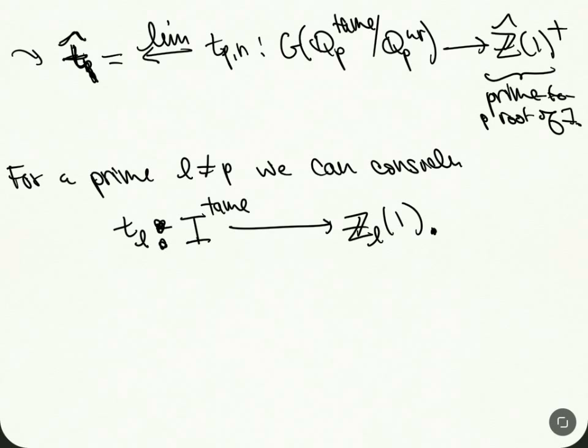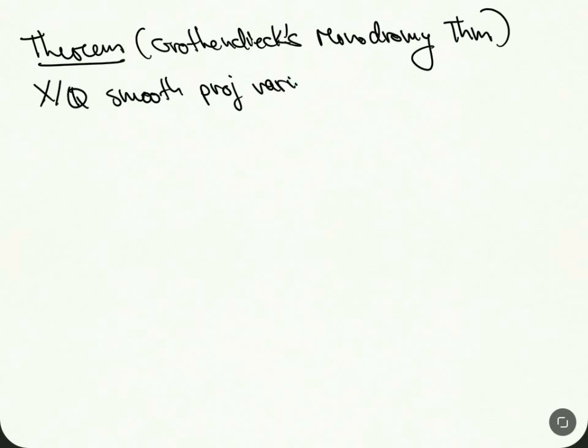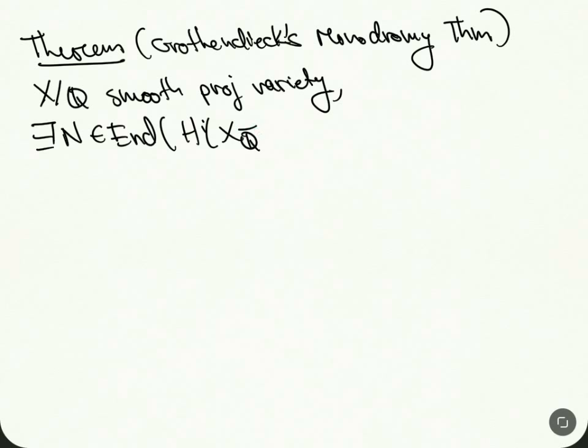All right, so this is all I wanted to say, and now I can state what Grothendieck's theorem is. So there's the theorem. This is Grothendieck's monodromy theorem. It says the following: if X over Q is a smooth projective variety, then there exists some N, a nilpotent endomorphism of H^i(X_Q̄, Q_ℓ). So this is nilpotent, such that